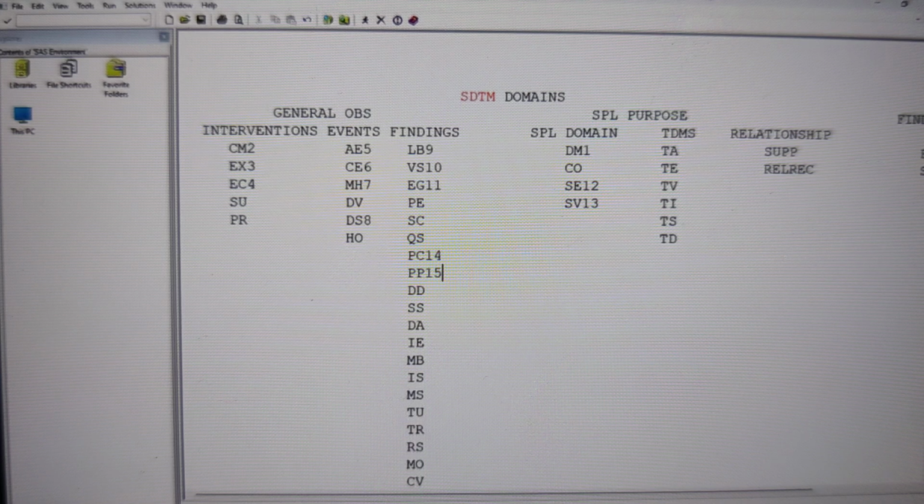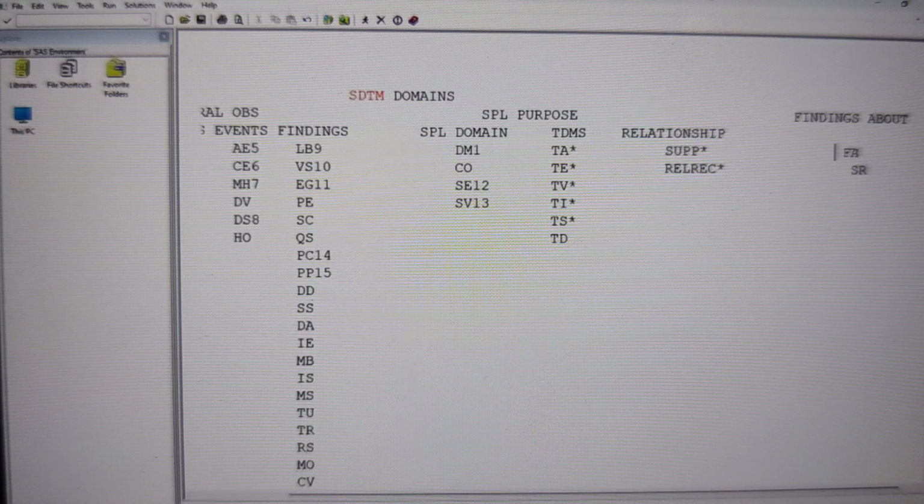Understand this? So these are the 15 domains that I'm going to keep. Along with them, I'm going to put the supplementary domain in my resume, because we have a supplementary domain for each and every dataset. Along with that, I'm going to submit all the trial design models, because I'm going to teach you the subject elements and all the trial design models along with the programming. And along with that we are going to put the relevant datasets at this time, and also findings about.